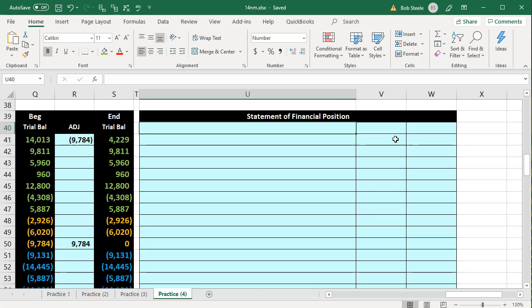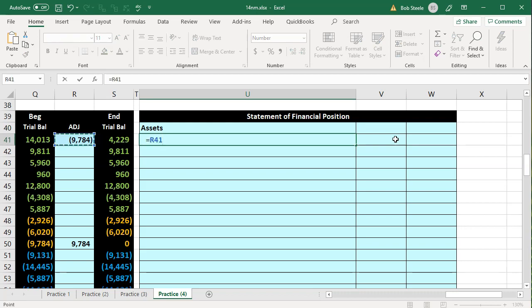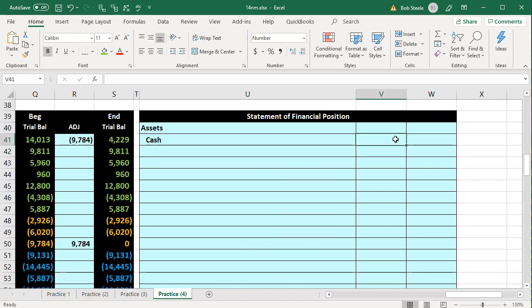All right, so here we are. We're in the statement of financial position. We're going to start with assets, as is typically the case. And then the first asset will, of course, be cash. We're going to go through the green items from top to bottom. So I'm going to pick up the cash, and that amount I'm going to put in this column. This doesn't represent debits and credits. It represents the subcategorization. So we are in V41. I'm going to say that equals that